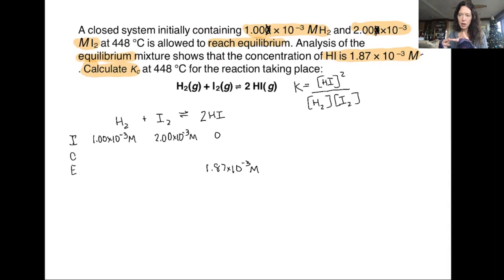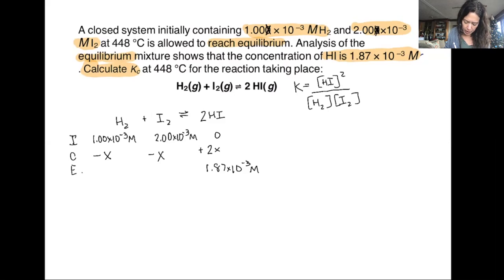Now, this reaction obviously went in the forward direction because I didn't have any product, and now I do. So I know that I lost some reactant. I lost 1x because of the coefficient in front of H2, and likewise 1x for I2. HI is a product, so I gained it, and I actually gained 2x. So remember, I and C make E. At equilibrium,